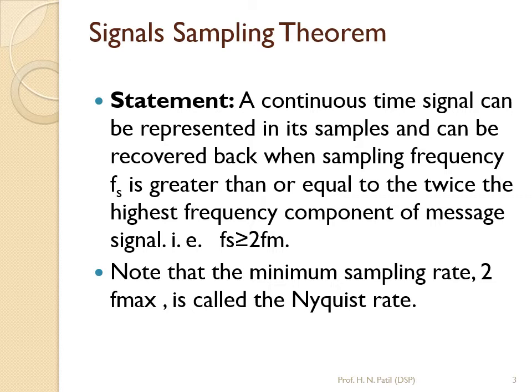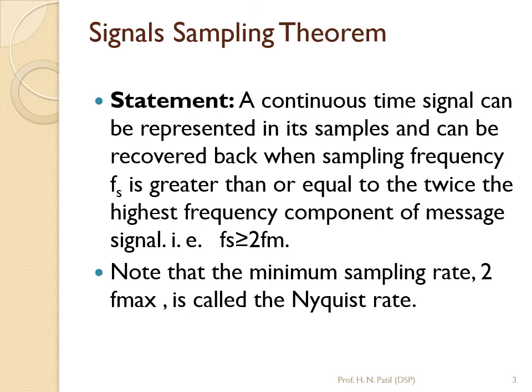The process of converting an analog signal to a discrete time signal is called sampling, and that sampling converts x of t into x of n, which is performed by the analog to digital converter. This sampling process can be visualized as a simple switch which opens and closes at a fixed interval of time Ts. So let us define the sampling theorem in a straightforward statement.